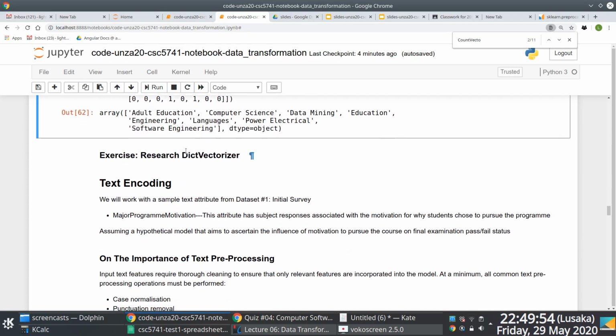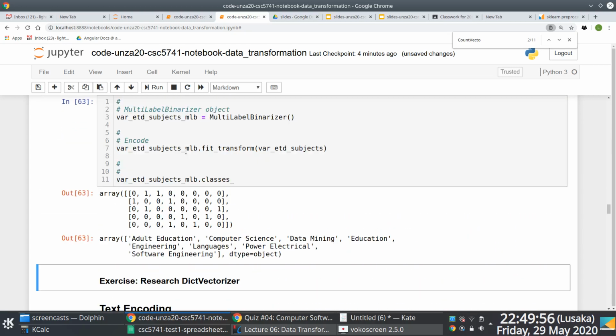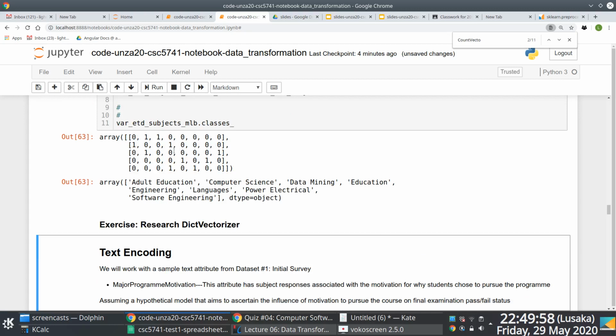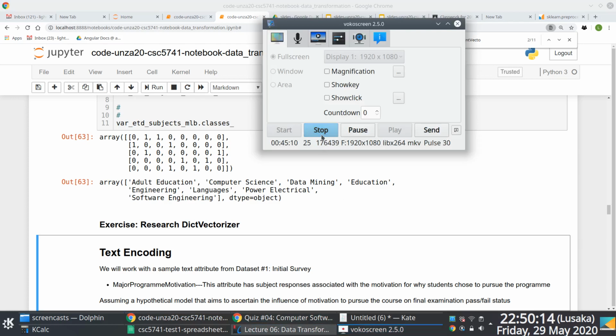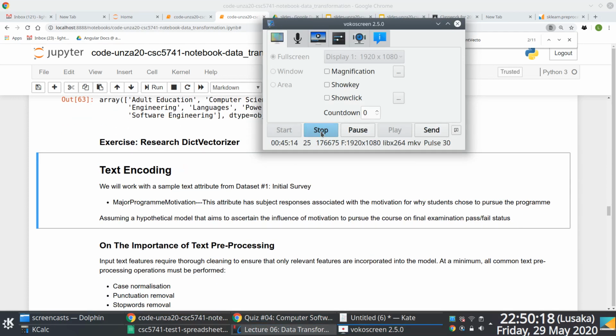Yeah, you probably want to look up DictVectorizer as well. And I'm sure there's a lot more stuff that you probably find out there, right? But the bottom line here is we're just trying to showcase examples of encoding categorical data, right? All right, I'm just going to pause for a little while and then we'll continue with a walkthrough of text encoding by just focusing on TF-IDF and